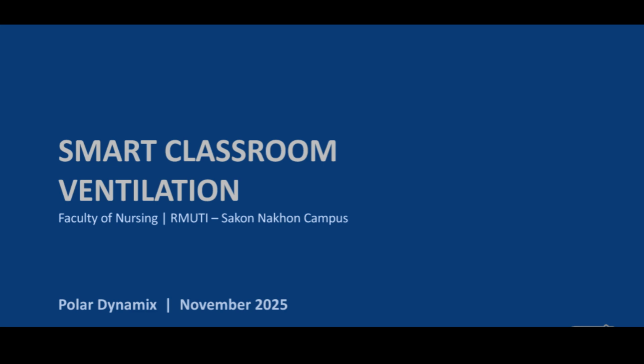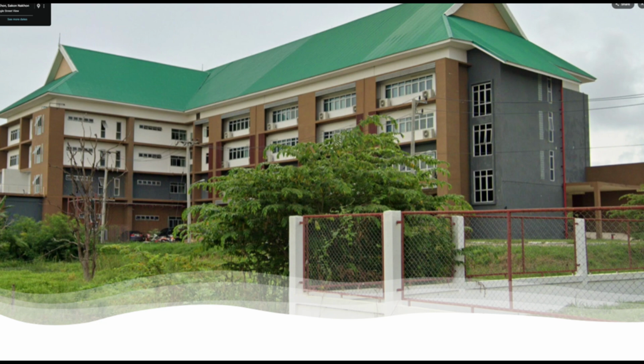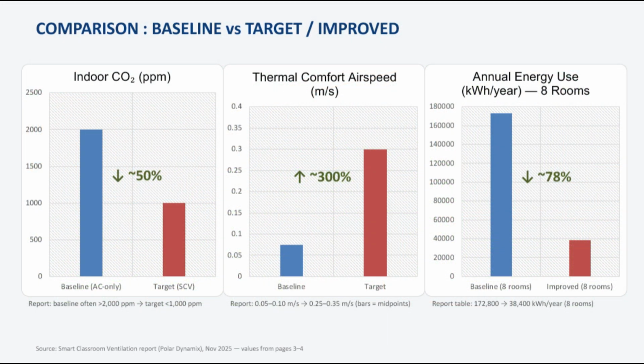This presentation summarizes the key comparisons of the baseline scenario against the target or improved scenario. First, looking at indoor carbon dioxide on the left, we see a significant improvement. The baseline, represented by the blue bar, often exceeded 2,000 parts per million. The target scenario cuts this in half, bringing levels down to under 1,000 parts per million, a reduction of approximately